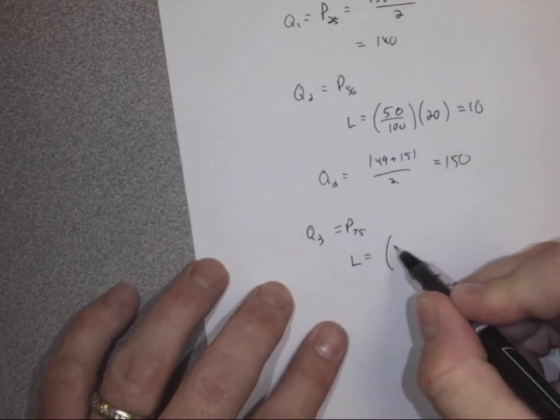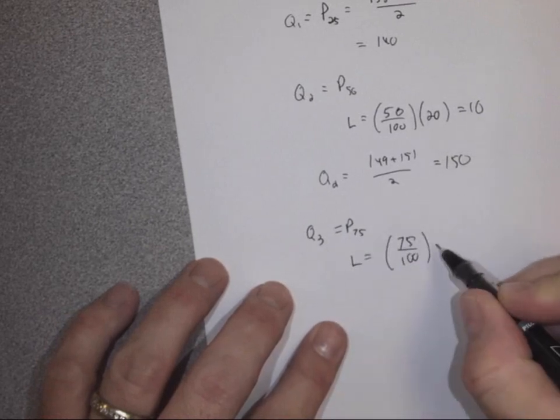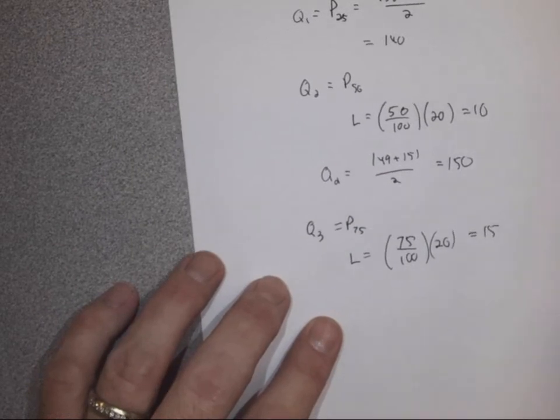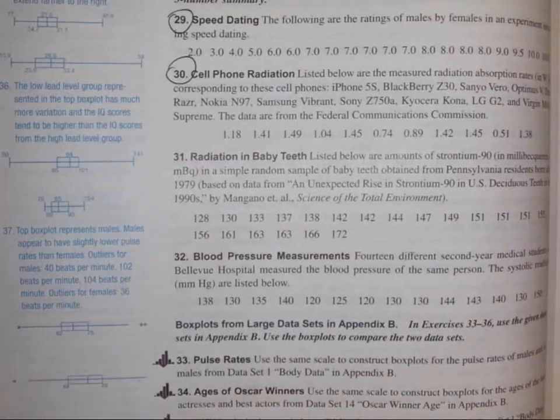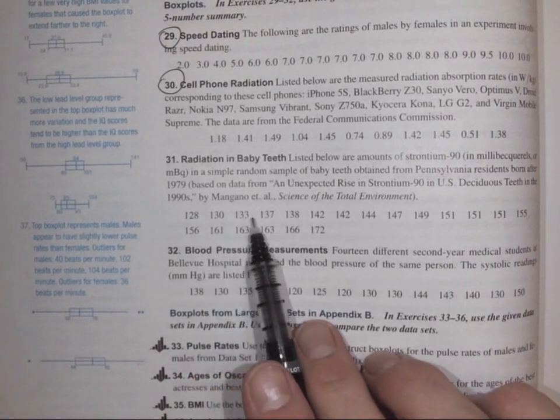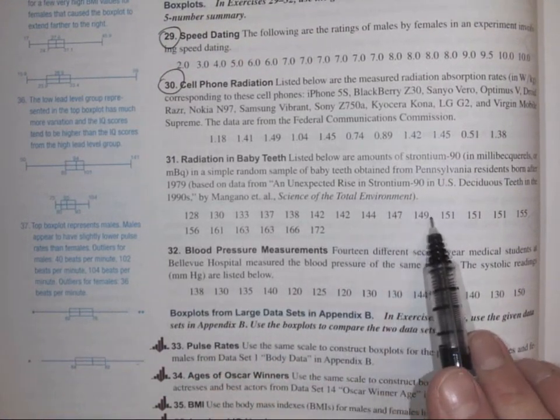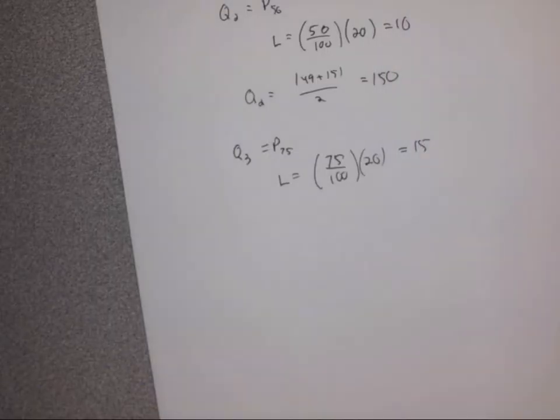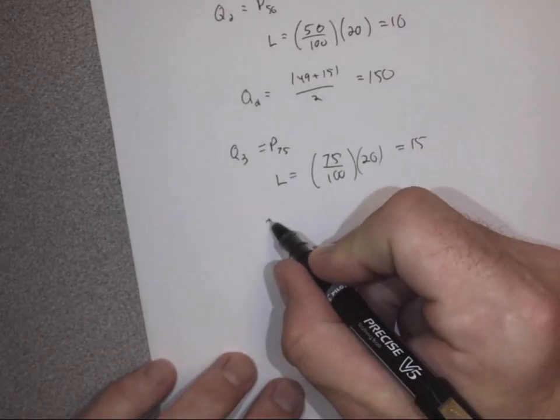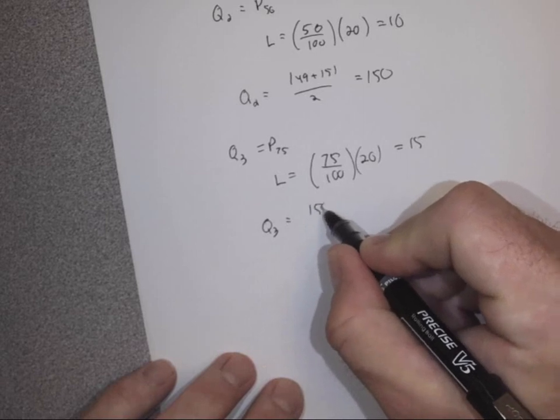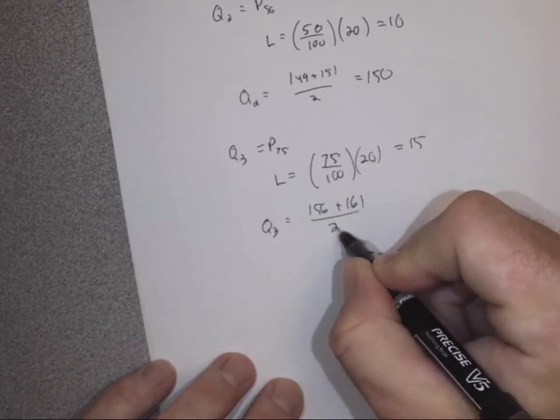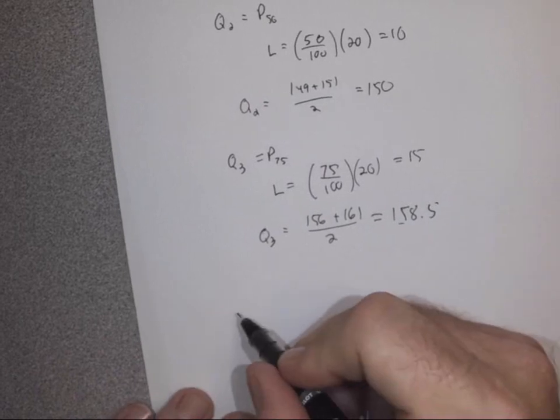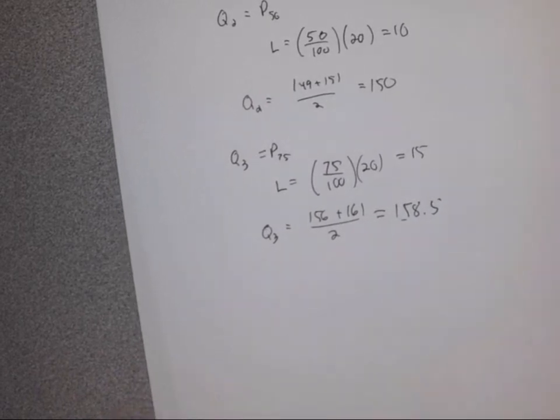And then Q3 is the same thing as P75. So L is going to be equal to 75 over 100 times 20, so this should be equal to 15. So I need to take location 15 and 16 and take their mean. 1, 2, 3, ... 15, and 16. So 156 and 161. Okay, so that means when we do our box plot, I can see that the smallest value